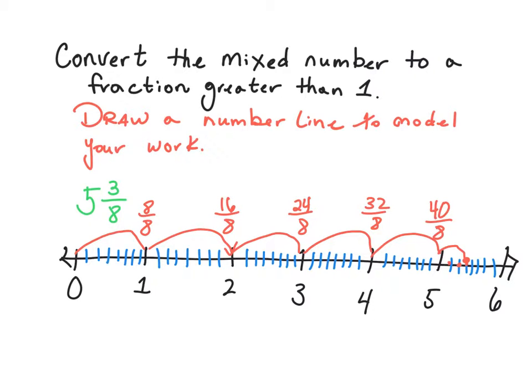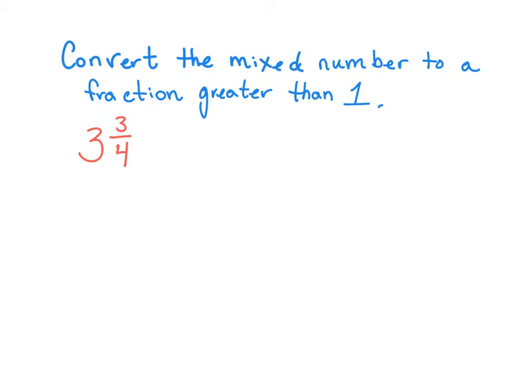So this becomes 5 3/8, this part right there, which is really equal to, if we added on another 3/8 here, this would be 43/8. So 5 3/8 is equal to 43/8. All right, our next one is convert the mixed number to a fraction greater than 1, but this time